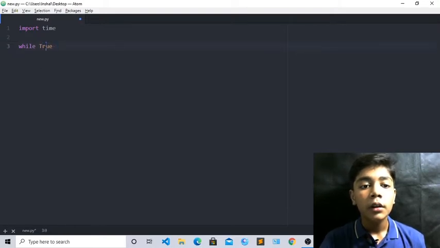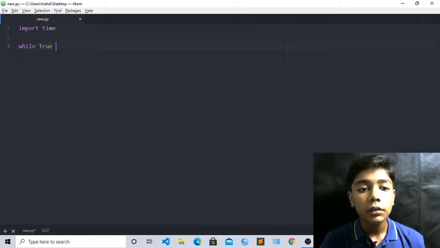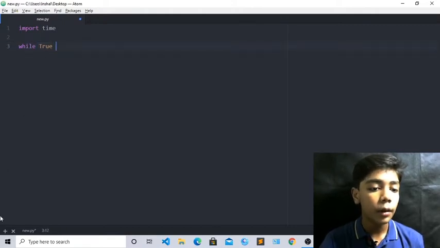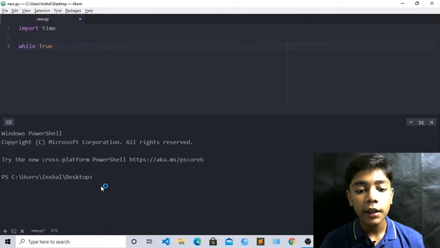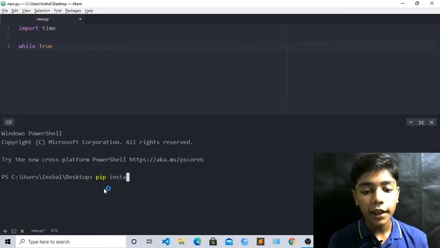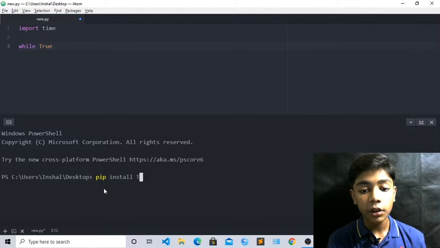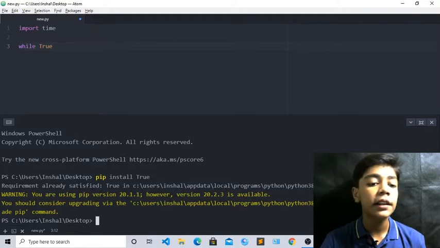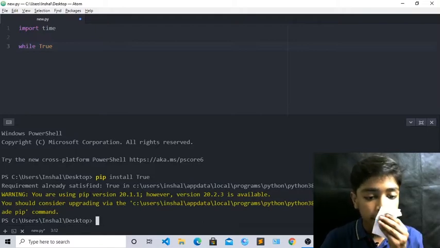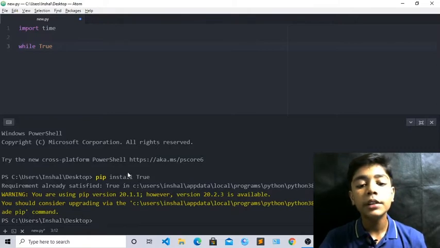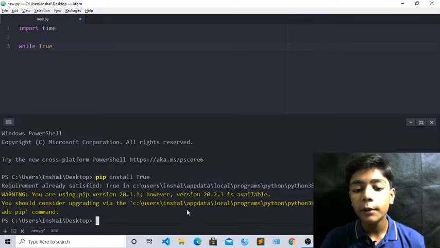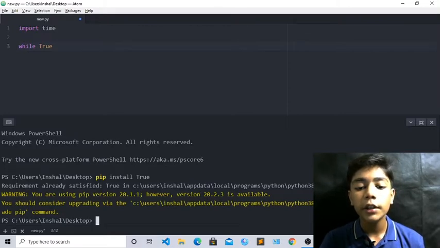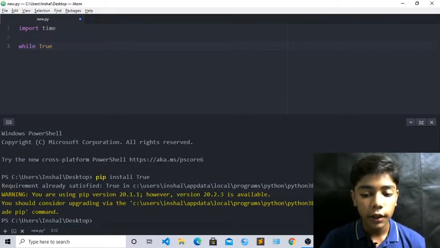Okay, now we have to also download it. I have already downloaded or installed it, so I am just telling you how to do this. Just go on terminal again, write here pip install True. Okay, just write capital T, not small. Now it says requirement already satisfied, it has the latest version, but I have already downloaded its latest version also. If you download it, downloading will start here, and it will be installed, but it has not the latest version in 20.2.3, because if we download it in this version, it will already be downloaded in this version, so error will come if you are using this version.